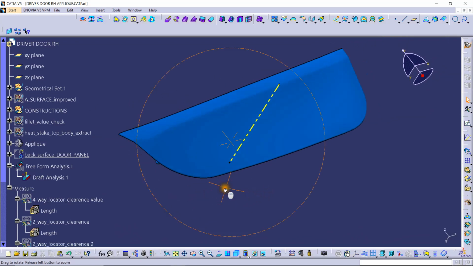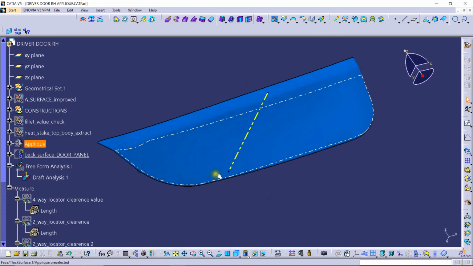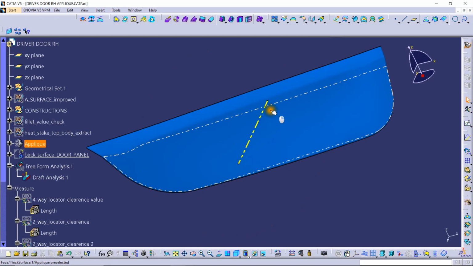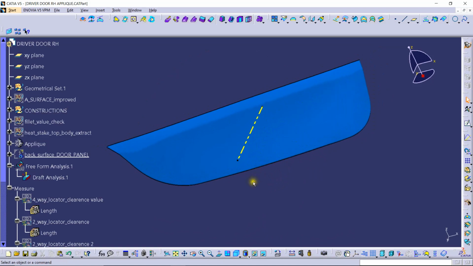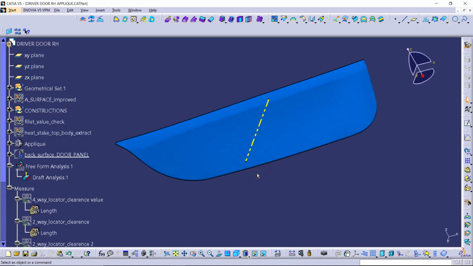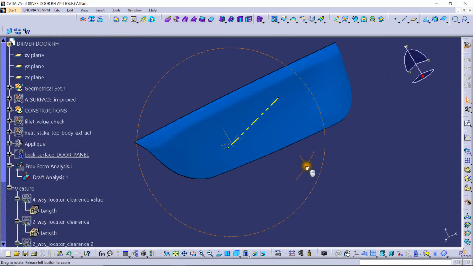For example, for this part you can see a tooling axis here, and the draft analysis is done with respect to this tooling axis. The draft angle for this part was 3 degrees actually. And if the draft analysis is passed, the whole surface will be shown in green color. So it means it has passed the draft analysis.